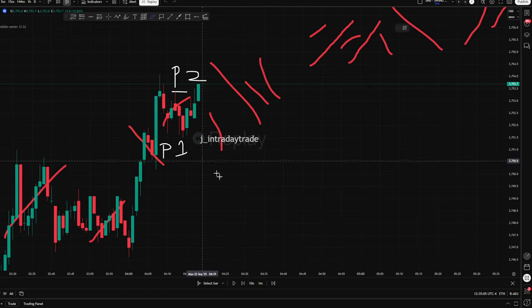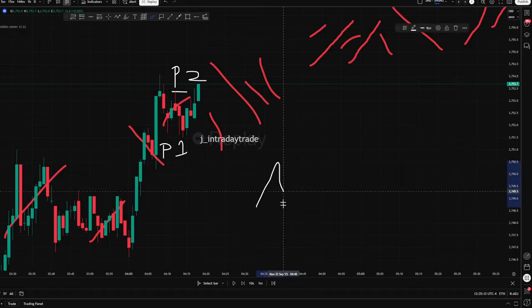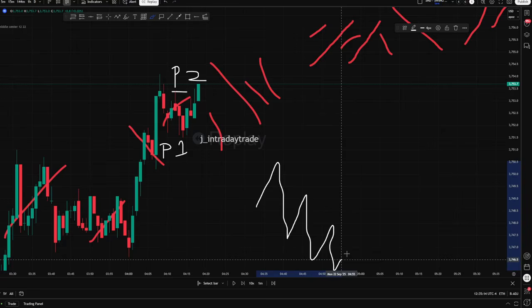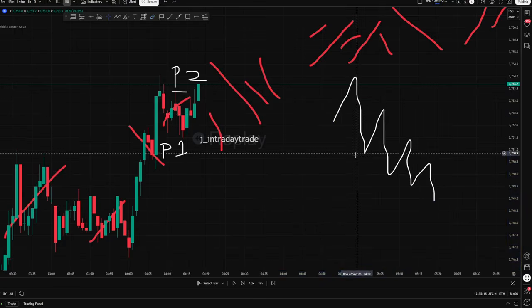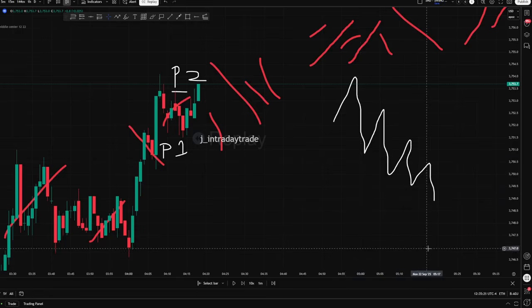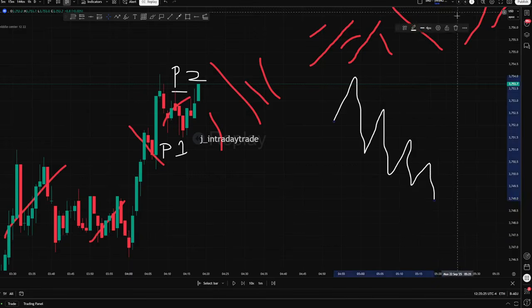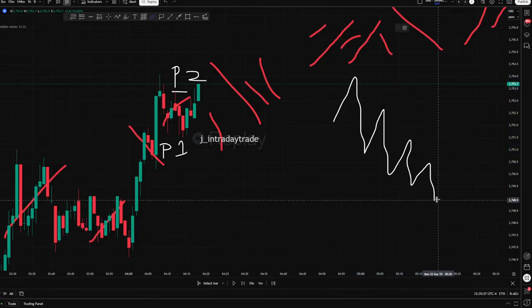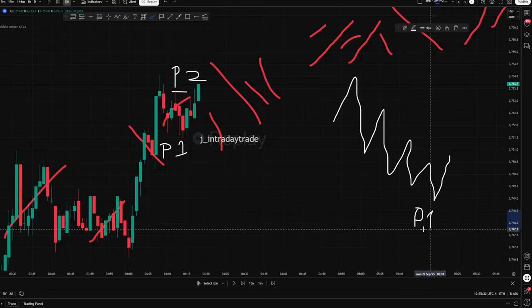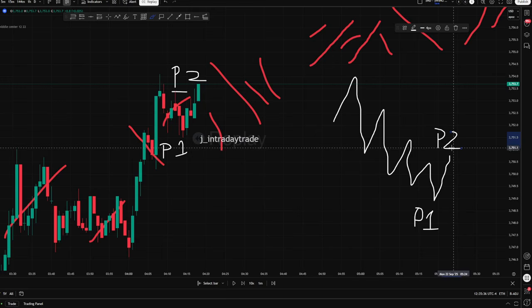Because when we're looking for number 1, imagine this. This is current price. You're saying that that is officially a 1. What if price does this? Don't you just have a potential 1 all over the place? Potential 1, potential 1, potential 1. That's just price going down. But it's not until price does this very cute thing right here that this becomes a P1 and this becomes a P2. The P stands for potential.